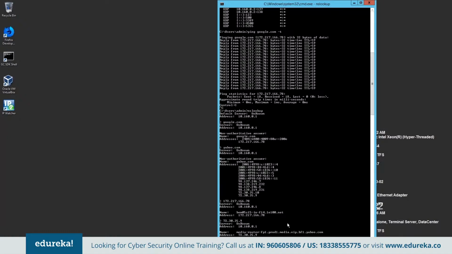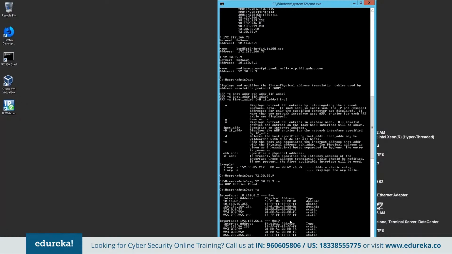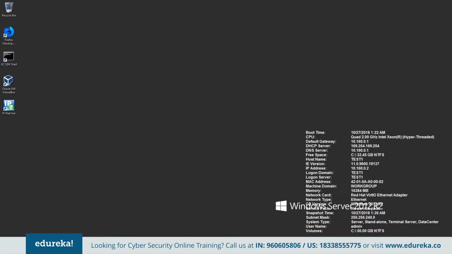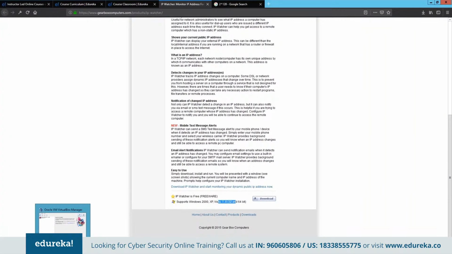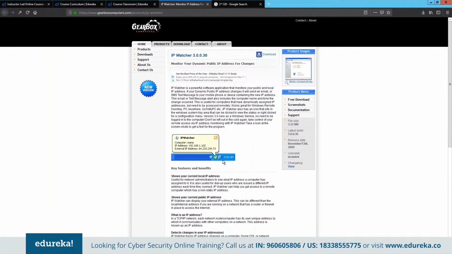Likewise, we can simply use command line tools. We use ARP, the address resolution protocol. 72.30.35.9. When we run the address resolution protocol, it will give us the locally available interfaces, locally available networks, IP addresses, etc. The command prompt which comes with the Windows operating system has multiple utilities that can be used effectively. So instead of going for freeware or downloading additional software, there are various tools which can be used